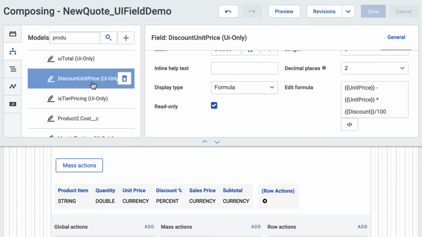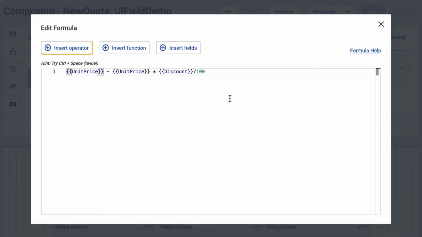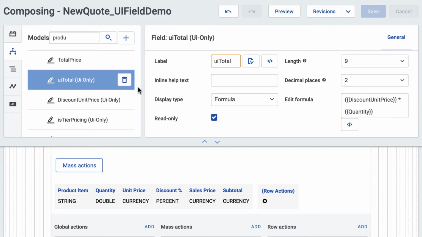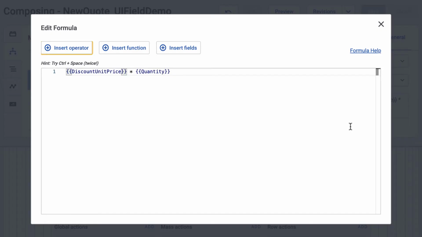You can easily achieve this by creating UI-only fields that calculate those amounts in runtime. You would be correct to assume that these fields will not be stored in the database when the model is saved. They will simply be recreated and recalculated the next time you load the page.